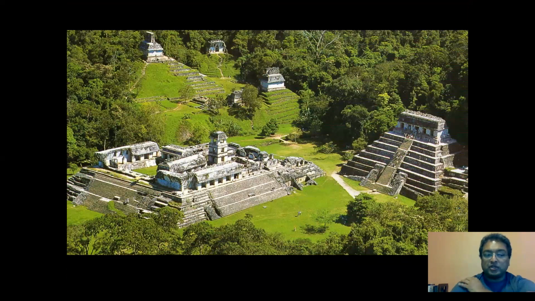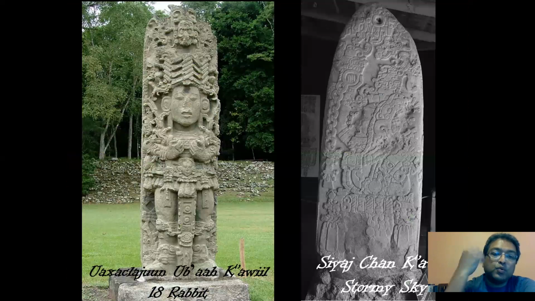We know a lot about the ancient Maya. By the classic period, so between 250 AD to about 1000 AD, the Maya were especially known for these incredible cities that they built and for the powerful kings that controlled these cities. These kings would set up monuments to themselves. So what you're looking at are stela.